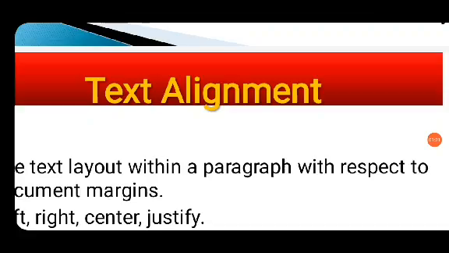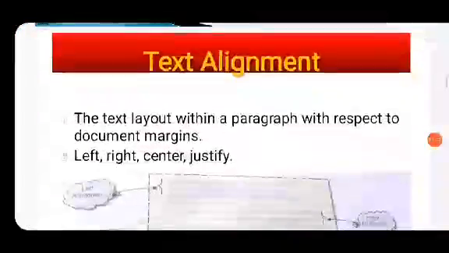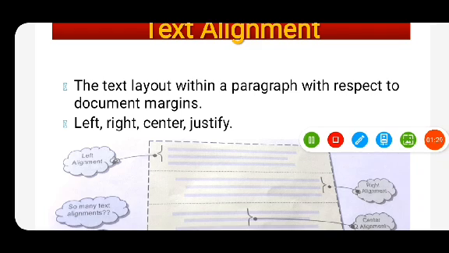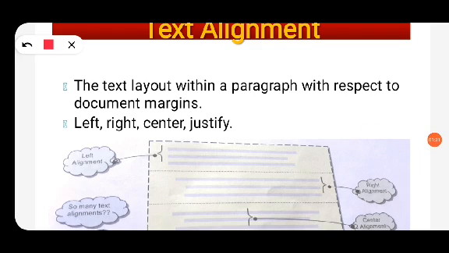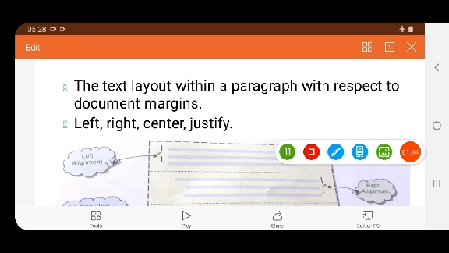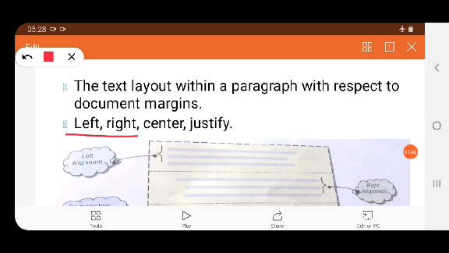Next we'll start with text alignment. Now text alignment is nothing but the layout of text within a paragraph with respect to the document margins. It could be of four types: left, right, center and justify. Now left means the whole text will be